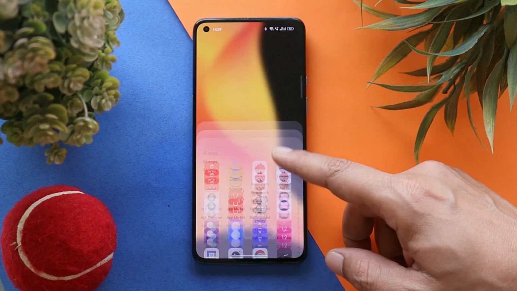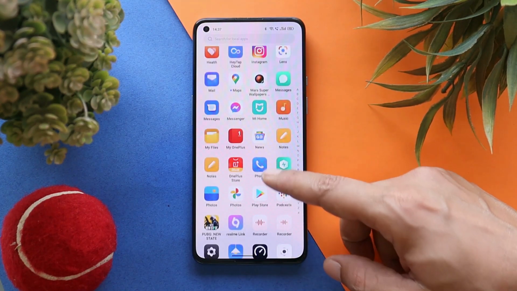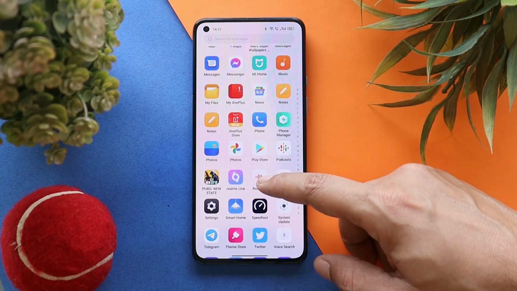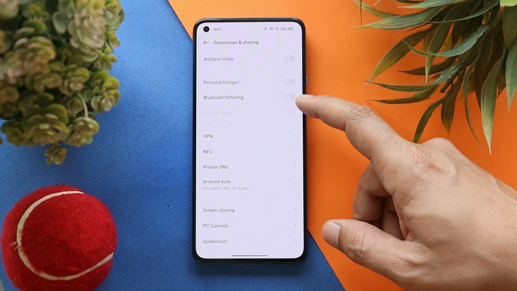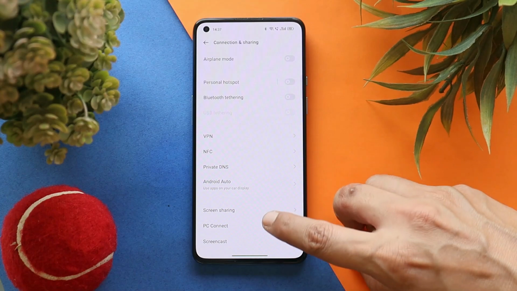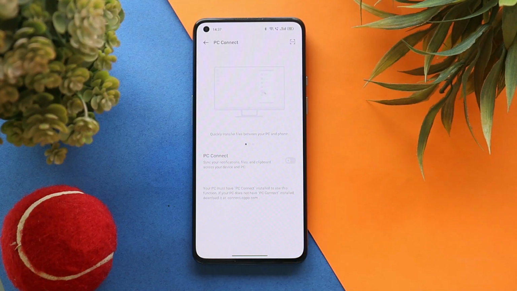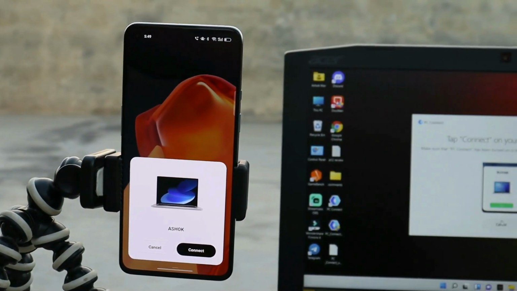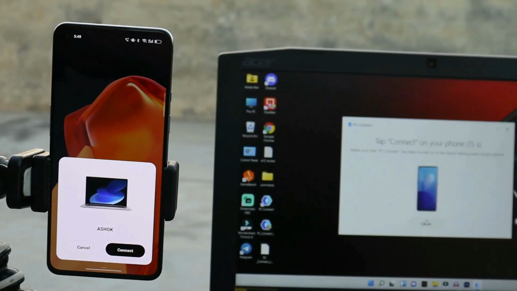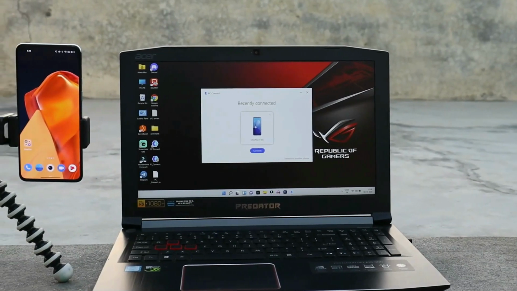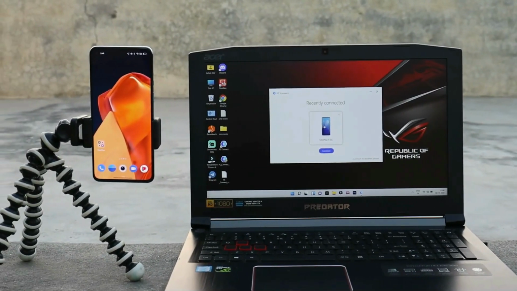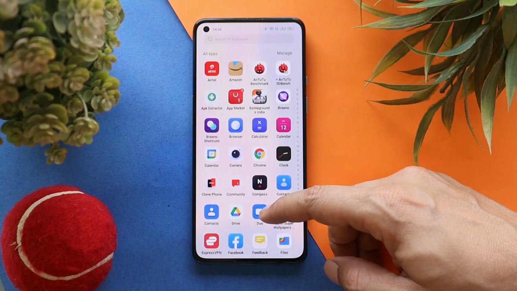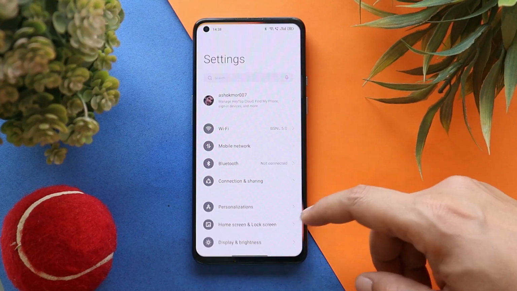And we also have a new feature on ColorOS which is called PC Connect. I hope this feature makes it through to OxygenOS 12. It can be found in the connection and sharing settings. Here you can see we have a feature called PC Connect, and using this feature you can sync all the notifications and files directly to your PC. A quite handy feature. I've made a dedicated video on this, make sure to check that video out. The link of that video can be found in the description below, in which I have shown how to use this PC Connect feature.